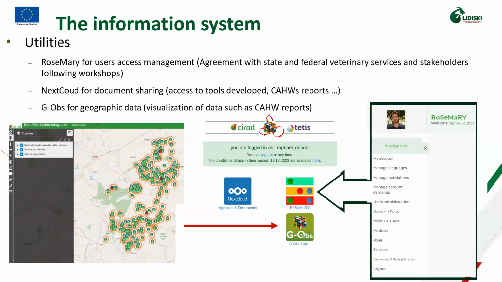So Rosemary, as you can see on the left, with my own account as a manager, we can define who will have access to what. So which folder in the Nextcloud or which app in the web server, etc. So it's a very interesting tool to work in a project where everybody cannot access the same thing at